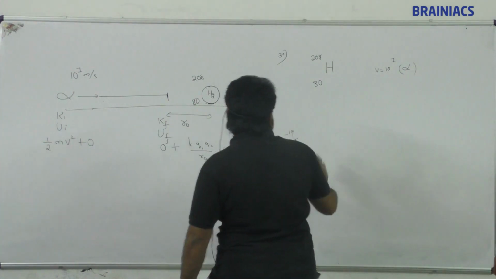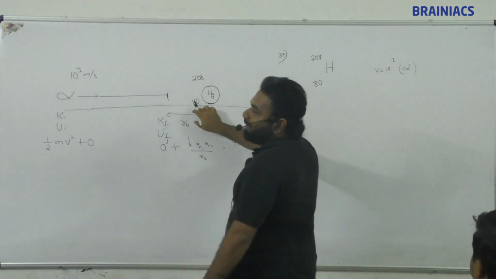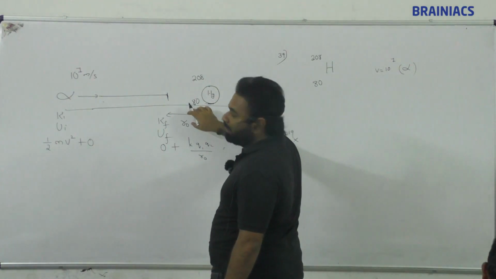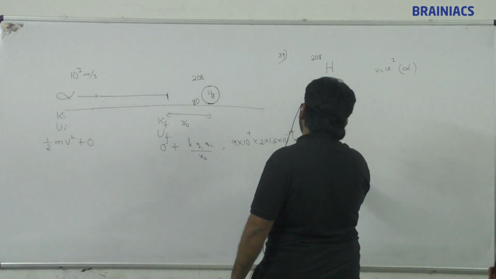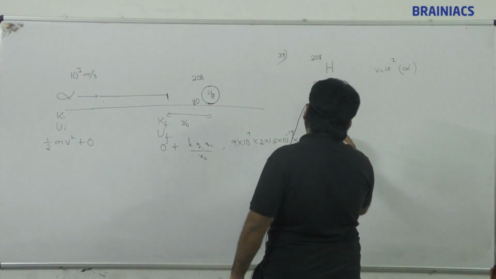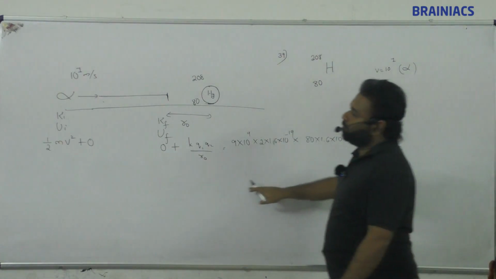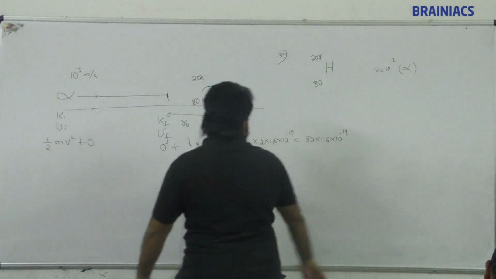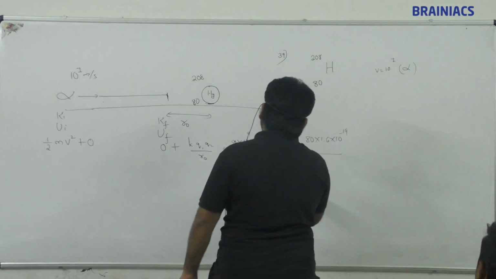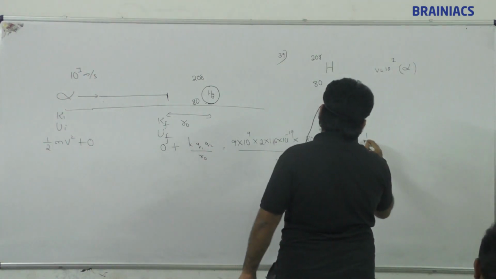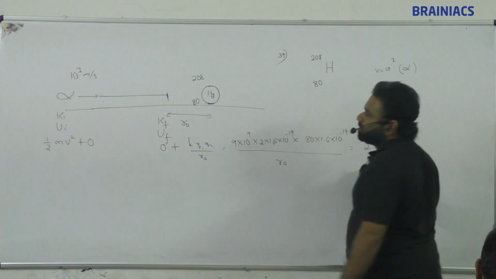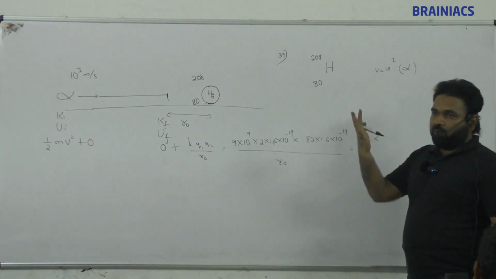Okay, so 80, fine. This is going to be 80 protons, atomic number 80 protons will be there. So 80 into 1.6 into 10 raised to minus 19. So this is the potential energy. This is going to be equal to this one divided by R0. This is equal to half into the mass of the alpha particle, 4. So 4 into